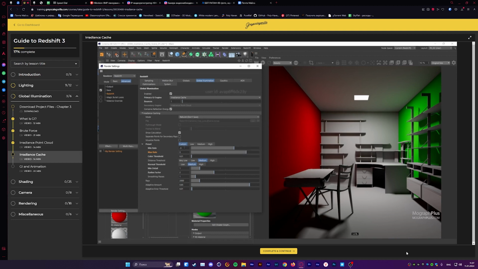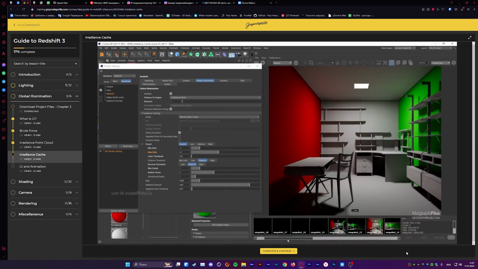Let's take 2 renders. For the first one, set the min and max rate to -7 and -4. Take a render and add it to the snapshots. And for the next render, set the min and max rate to -3 and 0. If we take a render,